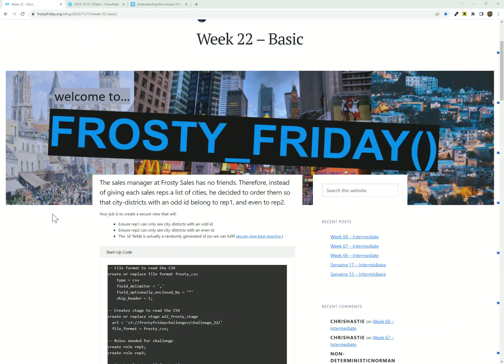In this week's Frosty Friday challenge, we are looking at row-level security. Row-level security is implemented using access policies in Snowflake and requires an enterprise edition or above. The use case: